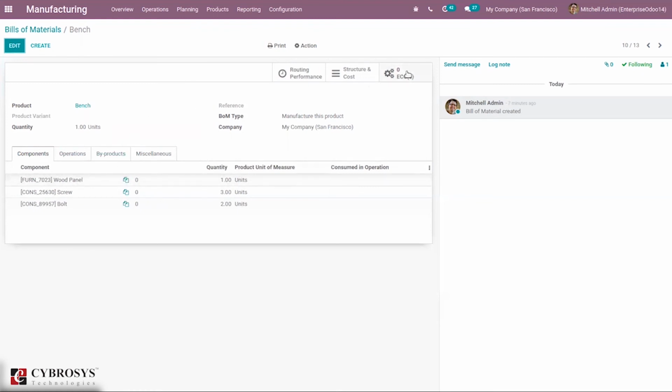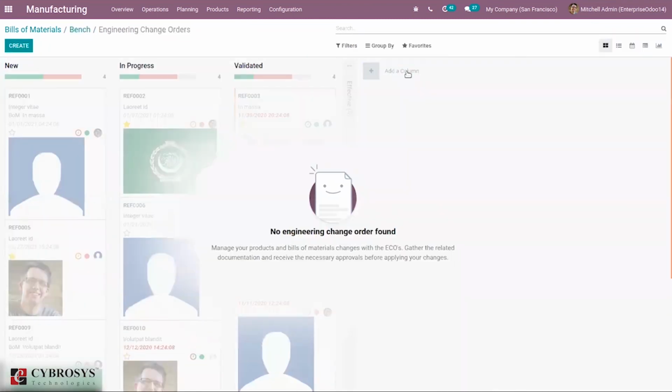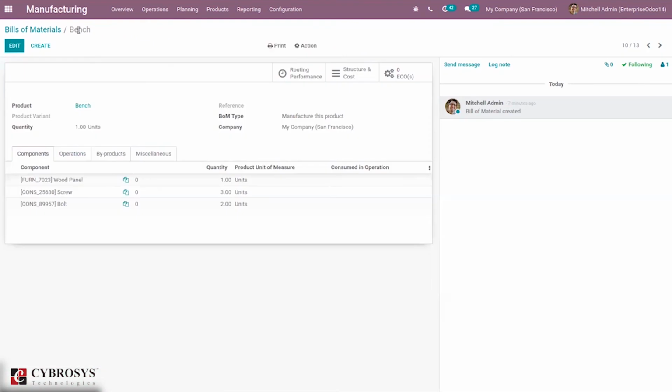Then you can see ECO, that is engineering change order for your product. If there are some proposals for change, manage your products and bill of material changes using this. So gather related documentation, receive necessary approvals before applying your changes. So we'll be discussing this topic later, separately in a different video.